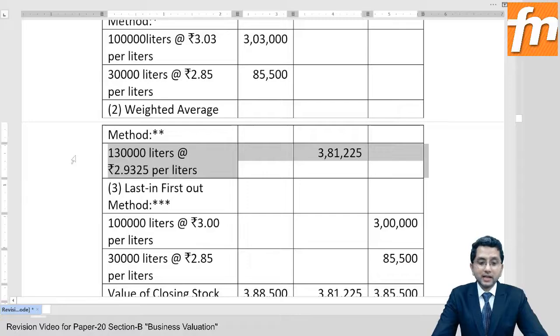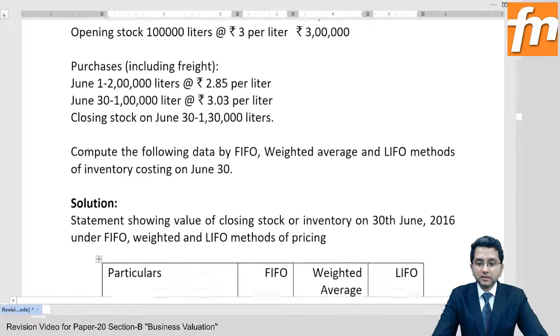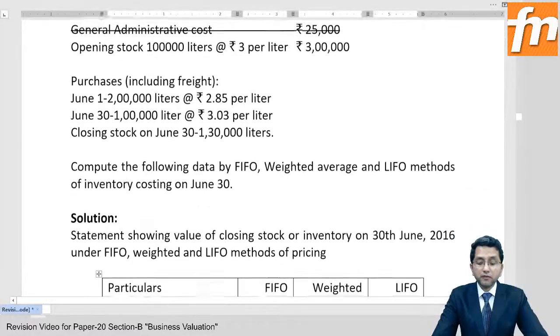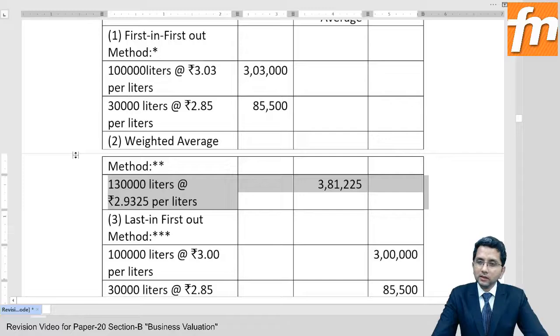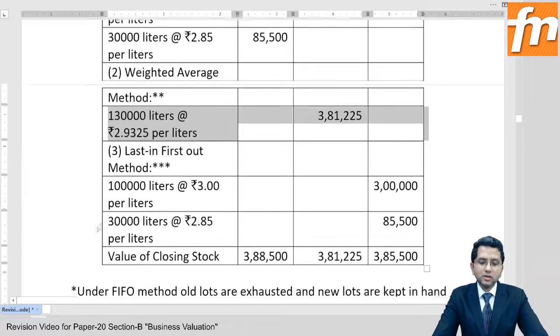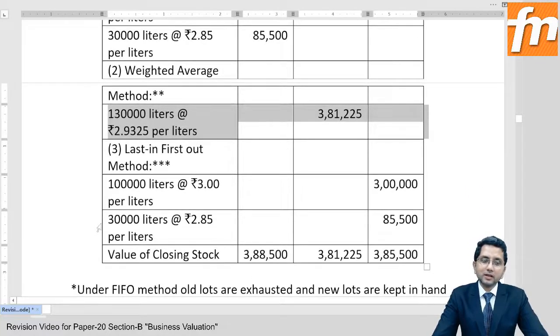These questions I have taken from your own study material, like this is illustration number 4 from your study material. But I have corrected the question as per the requirement. Sometimes there were errors in the question or in the solution, so I corrected those errors in solution. And sometimes I have extended the question with my own numbers so that I can explain concept to you in a better manner. This is weighted average method,